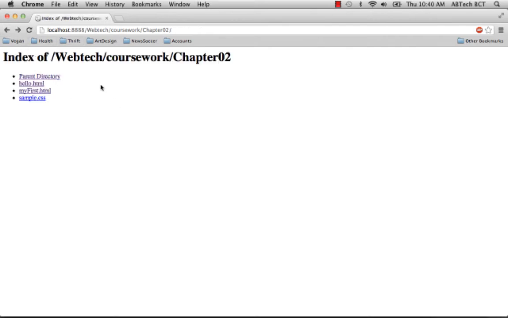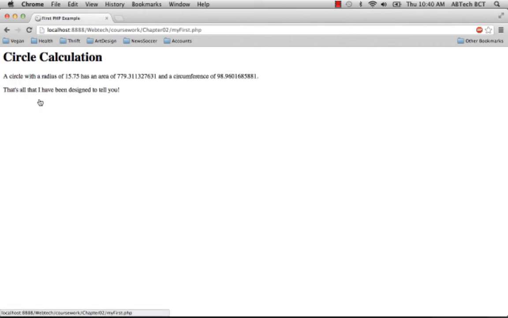You will have to reload this web page in order to see your file. Your file should look similar to mine, and again, if it doesn't, then it may be that your web server isn't running. Now that you understand how to create, save, and test programs, you can continue from here to create